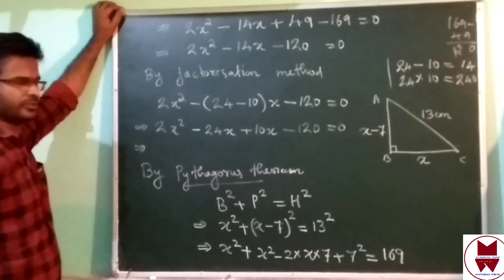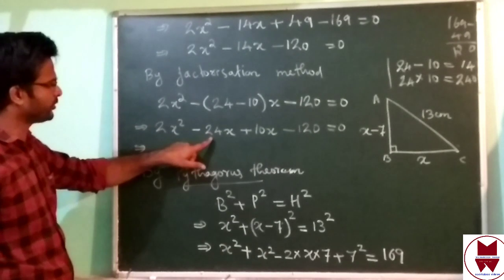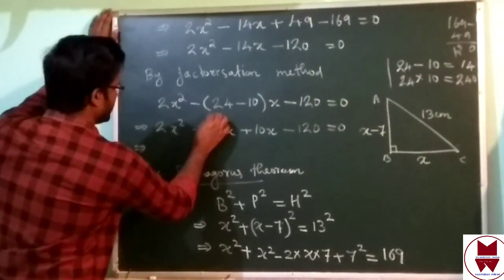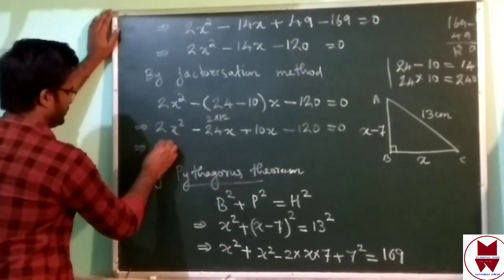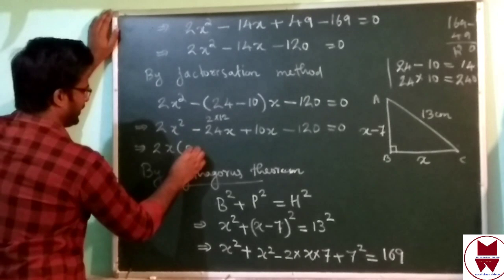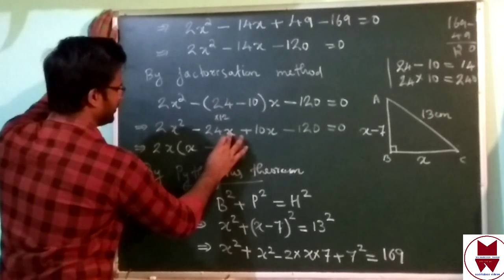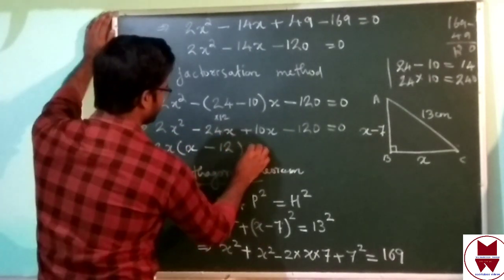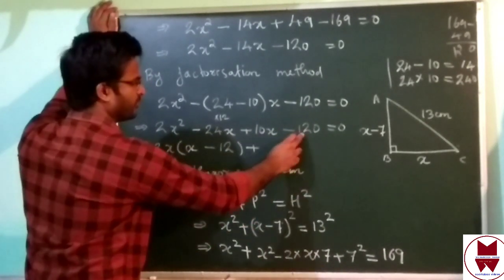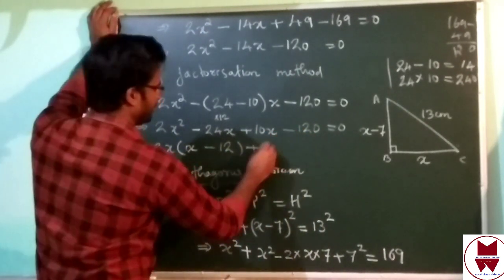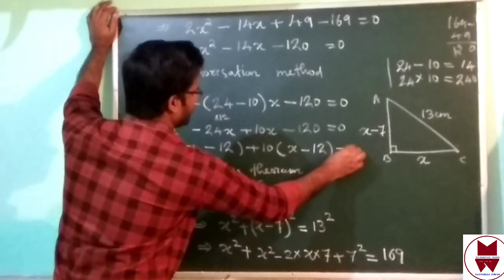In first two terms, what is common? You can see in here x common. Then 2, in here also 2 is there. This 24 we can write 2 into 12. Isn't it? That time 2 also common. That 2x take outside, then remaining x. In here, this 2 already took outside, then remaining only 12. This x also I took outside. Plus, in last two terms, 10, this 120 we can write 12 into 10, isn't it? 10 take outside, then remaining x minus, in here remaining 12 equal to 0.